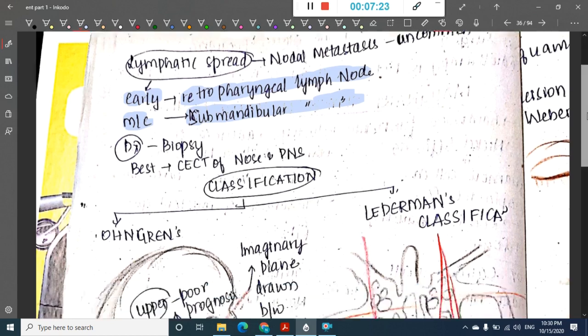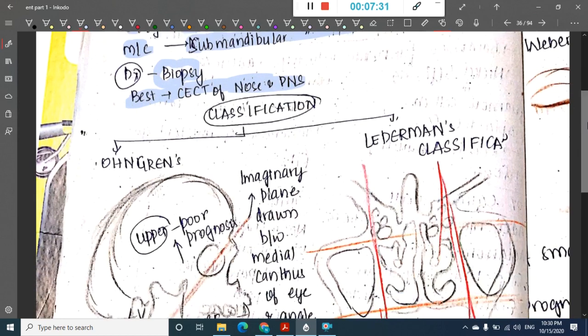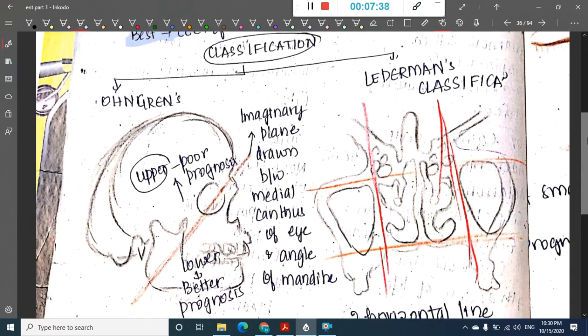Then how are you going to diagnose it? Diagnosis is mainly by biopsy, but the best investigation for diagnosis is CECT of the nose and paranasal sinuses, because this tells us the exact location of the tumor. Okay, then if you see classification,